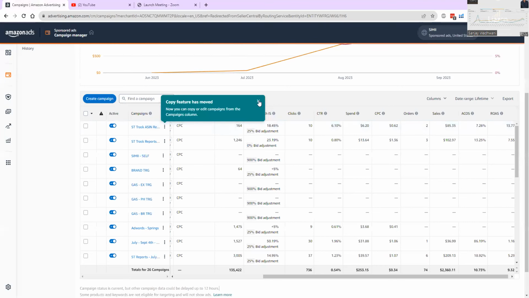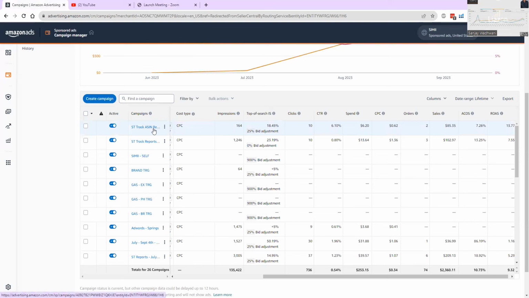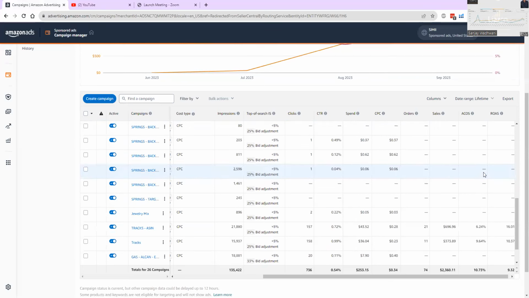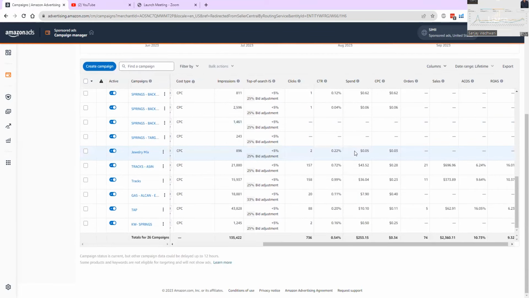This is one of my clients account, a brand new account. You don't want to do any kind of changes, because the results that you're currently getting, you want to keep it that way. You want the campaign to do its own work. The only way you can improve your ACoS is not going in the campaign settings and changing few things around, changing bids, changing a lot of things around.